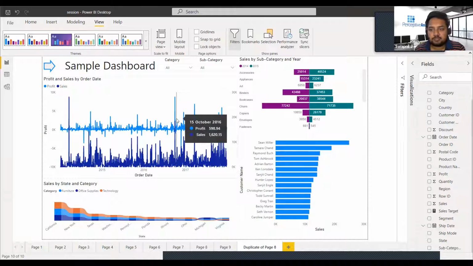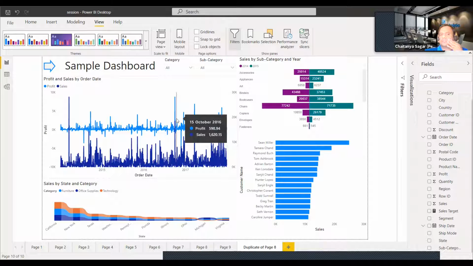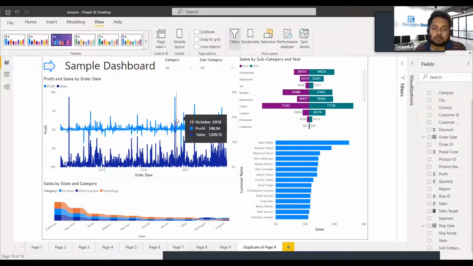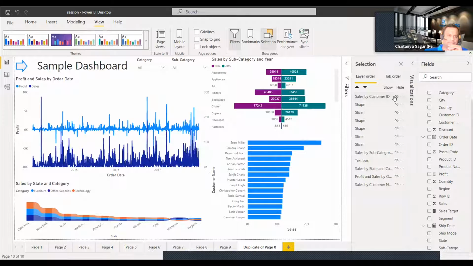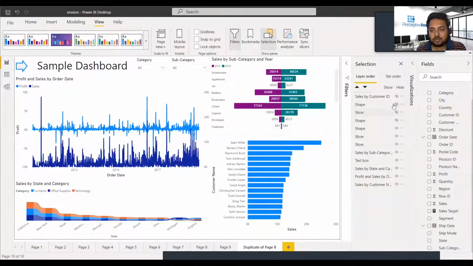Replace. That's very nice. It will just replace it, isn't it? Yeah, basically what bookmark does is what I did with the bookmark in selection panel. In one view, I hide, so you can see this is hidden. So in one view, I have hidden this, and in one view, I have unhidden this. So what bookmark is doing, it's just switching between these two. Okay, that's nice. Condition which I have put.